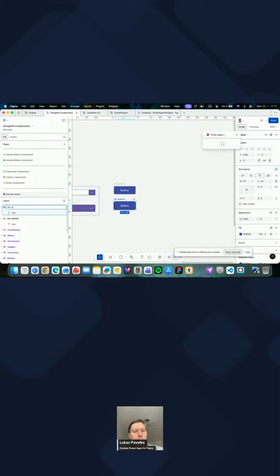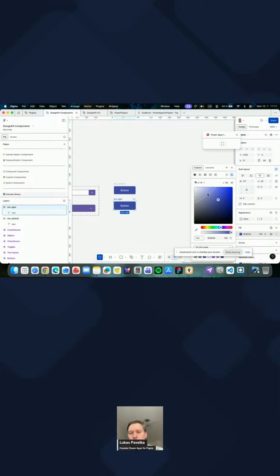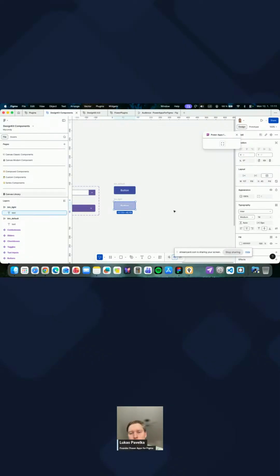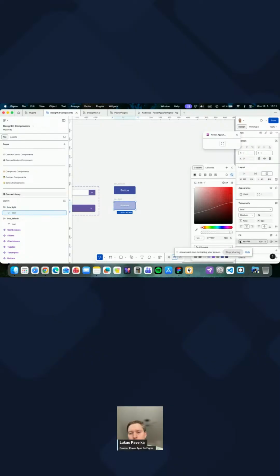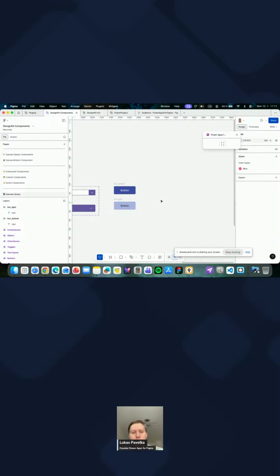It's, for example, light, and change the color. I will put it like here, and for text, I will put darker. So here is a different kind of button,